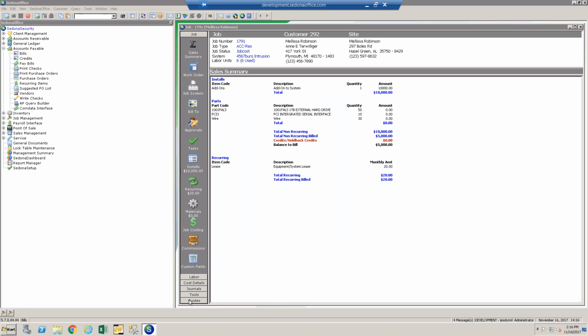And I think everybody knows how to invoice. We're not going to cover invoicing a job today, but if you guys have questions, of course, you can always send us a ticket in. But just once you invoice a job,